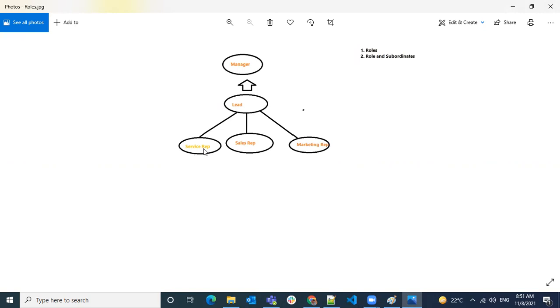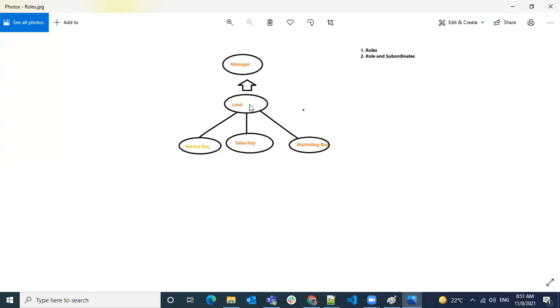Overall, they have 100 records together in ownership. So the lead is not the owner of any record, but when you enable grant access using hierarchy, because he is on top of the hierarchy, he can also access what all his subordinates have access to. Again, it's only on the record level, not on the object level.